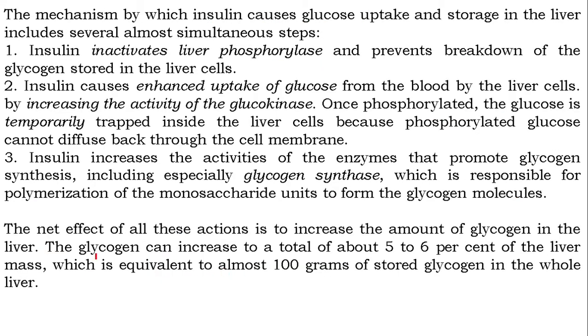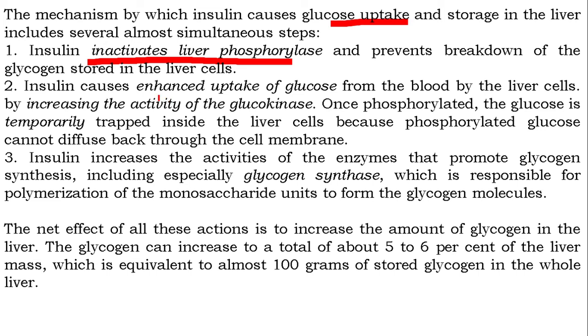The mechanism by which insulin causes glucose uptake and storage in the liver has multiple steps. Step 1, insulin activates liver phosphorylase and prevents breakdown of glycogen. You know that glycogen phosphorylase is actually responsible for the first step of breakdown of glycogen. That enzyme is inactivated. Step 2 or process 2, insulin causes enhanced uptake of glucose from the blood